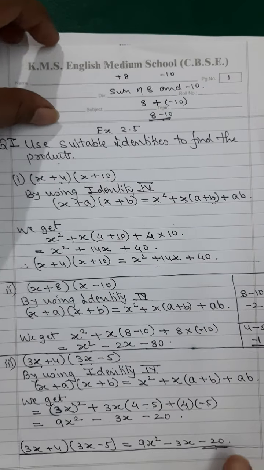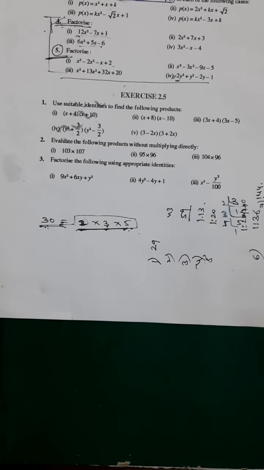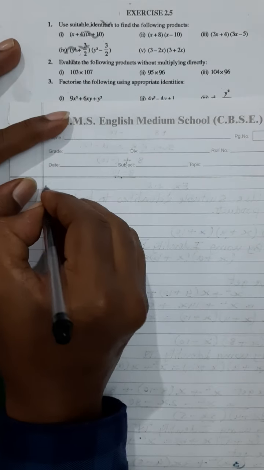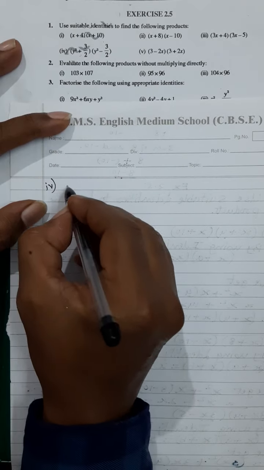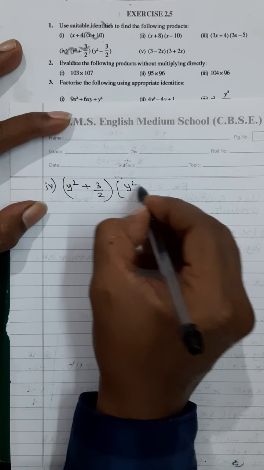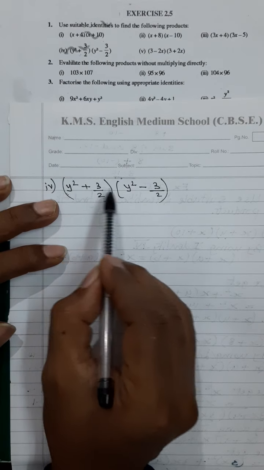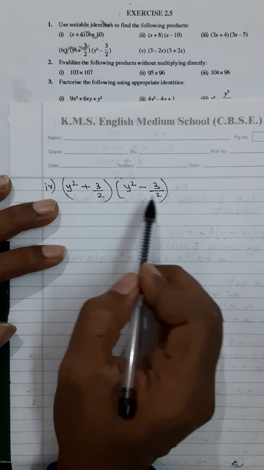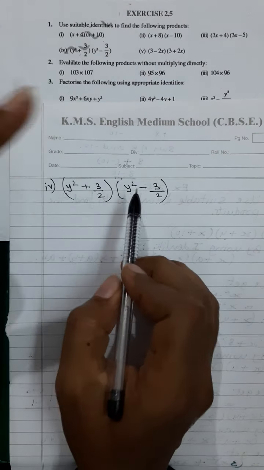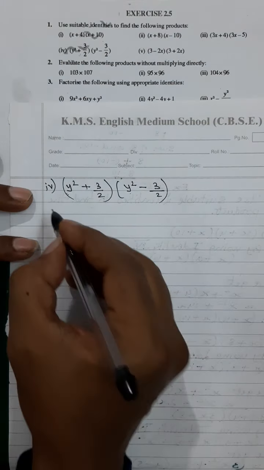Now going to question number 4. Question number 4, my dear students, now comes a different identity, the third identity. See, what are they telling over here? Y square plus 3 by 2 into y square minus 3 by 2. Now if you will see, first terms are same, first term y square, second terms also are same, and the signs are opposite. See, all the three are supposed to be satisfied. First term same, one condition, second term same, second condition, signs are opposite. Then by